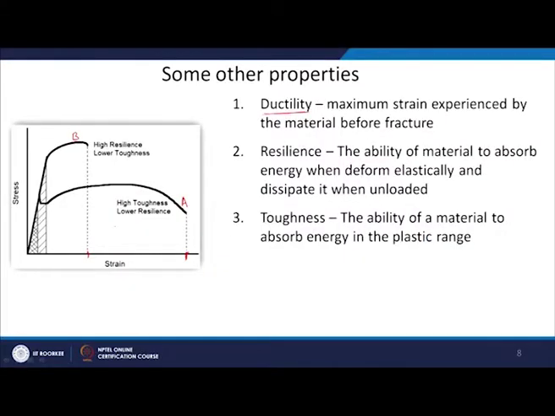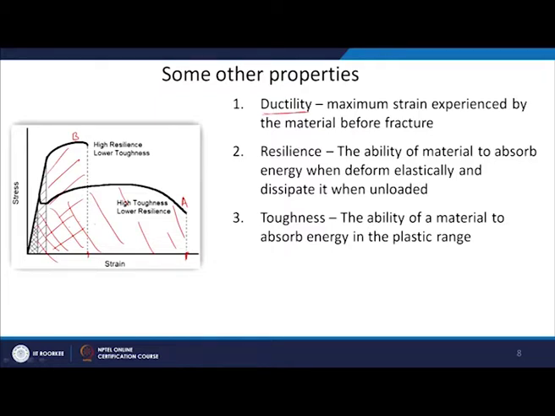So, whatever is the remaining stressed area under the stress strain curve. For example, for this material A, if I want to draw it, it will be like this area and so on. So, this much area is under the curve A. That will be the toughness. Similarly, in case of material B, this much will be the area under the curve where the plastic deformation is there. So, this much will be the toughness of the material B.